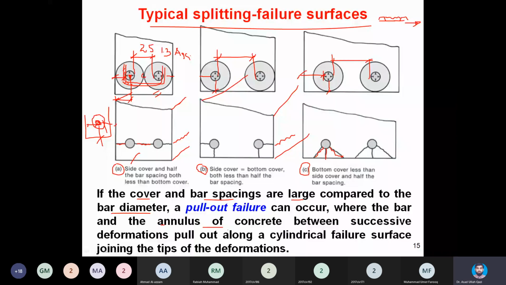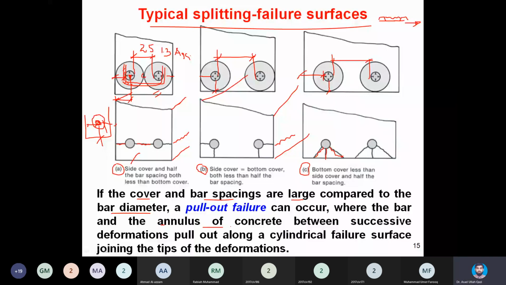So this pull-out failure is more critical because without warning, suddenly this kind of slip may take place, and it is possible that even before yielding, you were anticipating that the beam is tension controlled, under-reinforced. The beam will give us a lot of warning. It will give us 0.005 and bigger strain in steel before crushing of the concrete. But sadly,